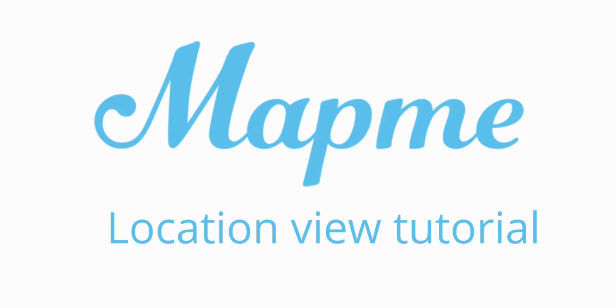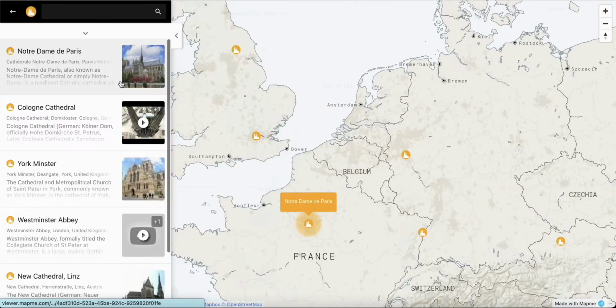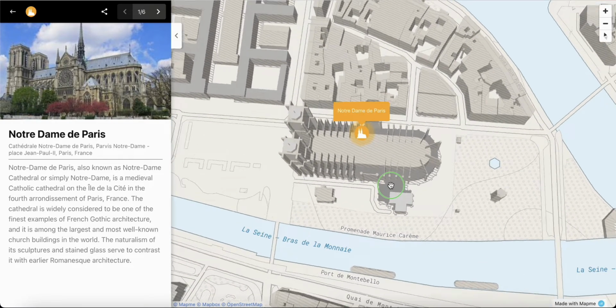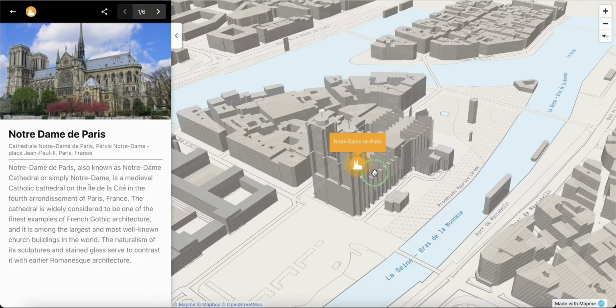Today we will learn about how to control the view of a location in your map. This is how your map will look when your user selects a specific location. The view refers to three different settings: the zoom level, the bearing or rotation of the map, and the 3D